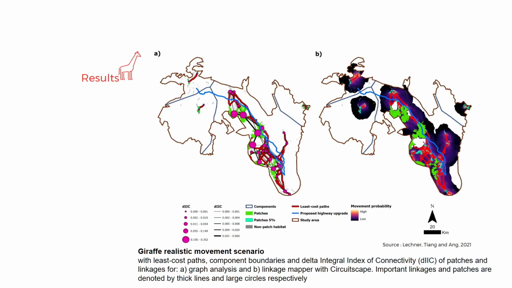Okay, 3 is good. And this is basically then that information converted into least cost paths, and that was really important to help inform where the crossing structures should go in the beginning of the process,